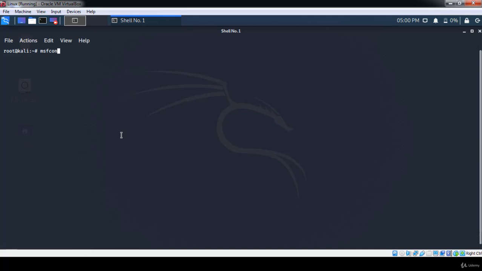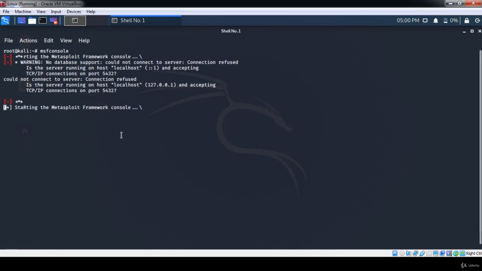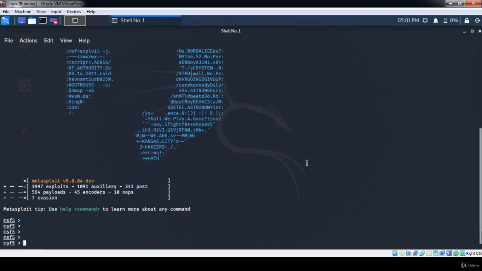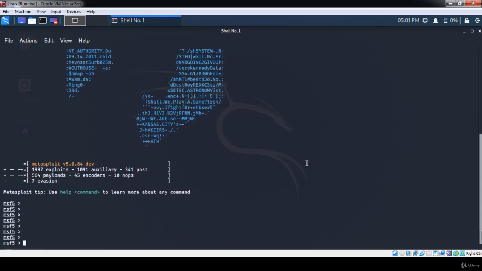MSF console. So this is a very useful tool. So this is the main screen for the tool, and to start listening to the backdoor you have already generated, the first thing you need to write is use exploit multi-handler